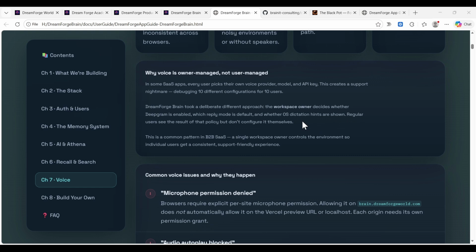So this is an optional feature where the administrator can decide who controls the mode of voice, whether dictation is on or off, whether we use Deepgram, whether we use ElevenLabs or no voice. And imagine you see an admin panel where this can be enabled or disabled by the administrator. You'll see in the source code how that was done in a simple example.